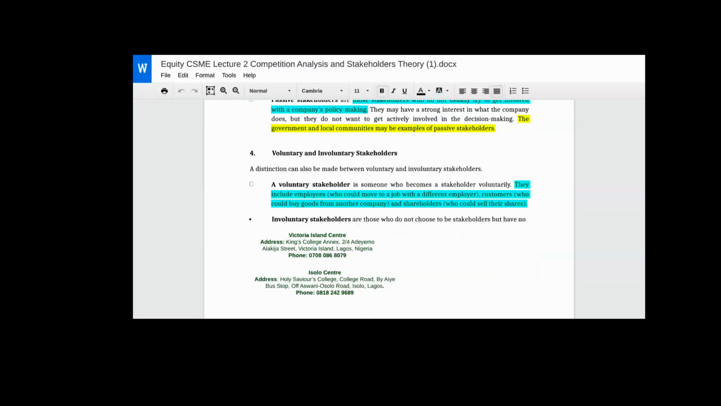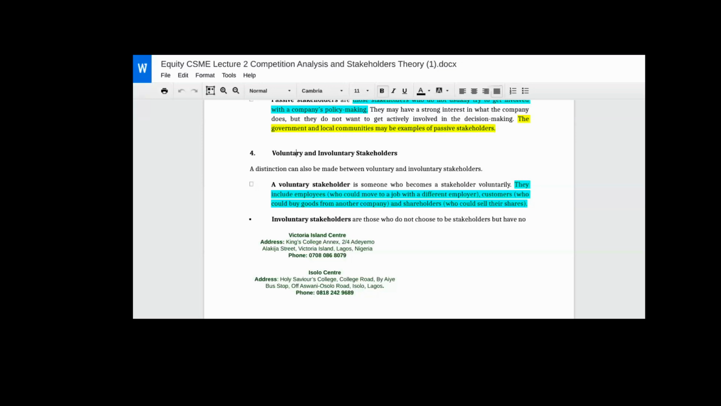My erudite scholar, you discover that the meaning of voluntary stakeholders is the same thing as internal and primary stakeholders. Because the voluntary stakeholders are the categories of stakeholders that become stakeholders of the company voluntarily. They are not under duress or undue influence. It is not at gunpoint that they join the company. They have vested interest in our